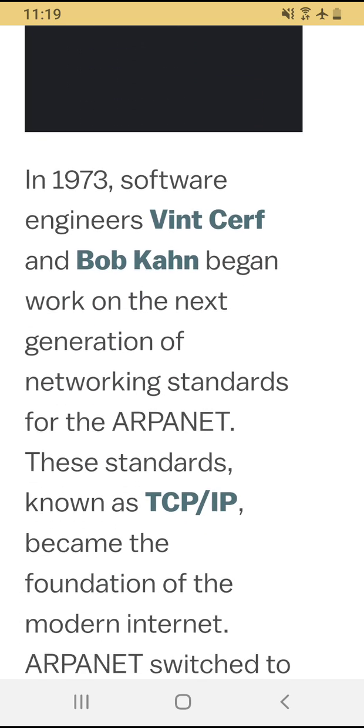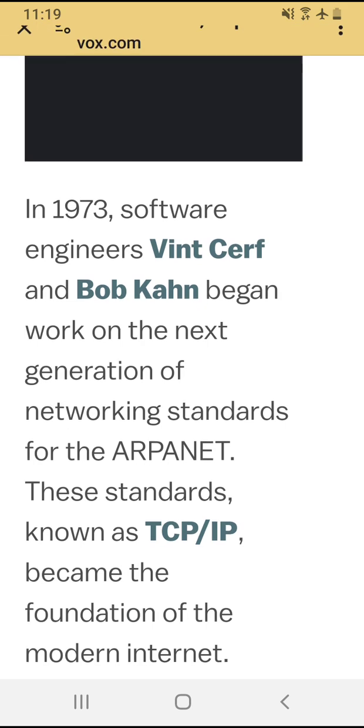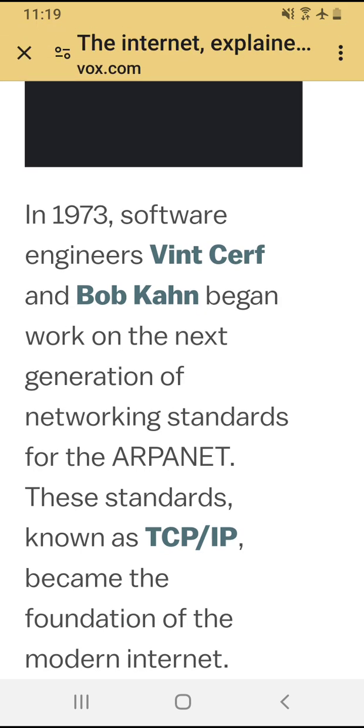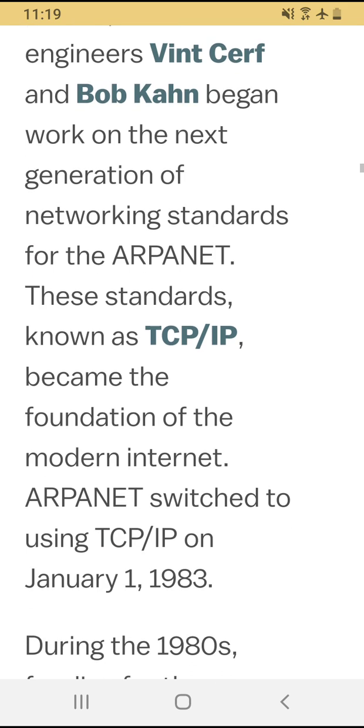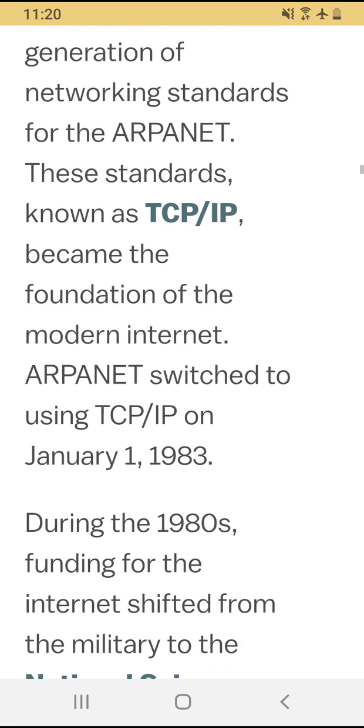It became DARPA later. In 1973, software engineers Vint Cerf and Bob Kahn began work on the next generation of networking standards for the ARPANET. These standards, known as TCP/IP, Transmission Control Protocol and Internet Protocol, became the foundation of the modern Internet.